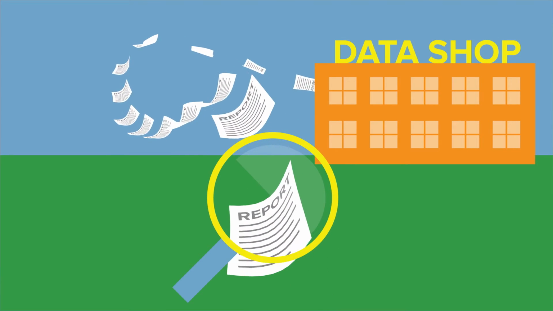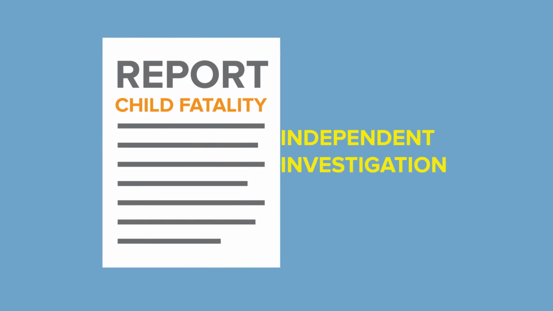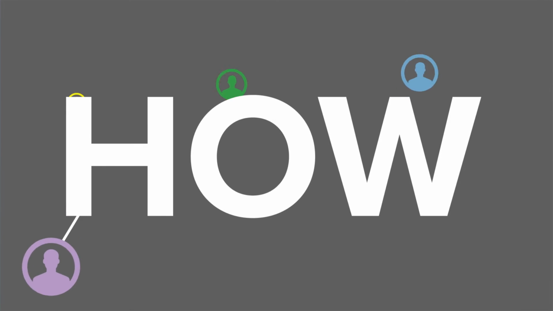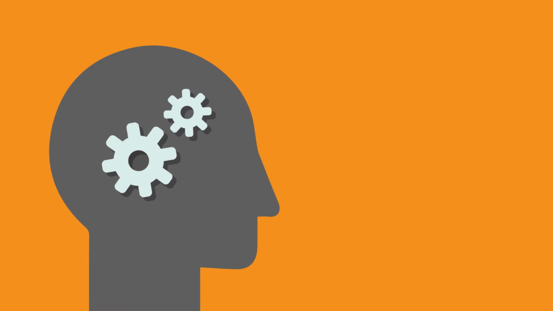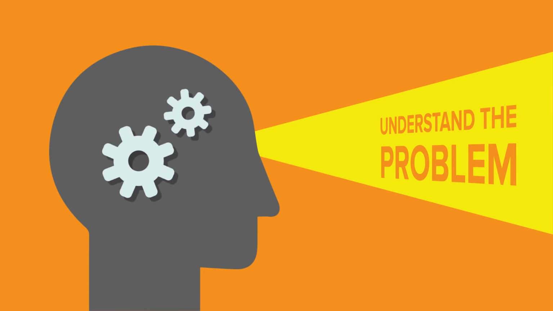but sometimes problem identification is out of my hands. For example, we had a child fatality a few years ago. The governor's office conducted an independent investigation and ordered an overhaul of the intake and investigation system as a result. How a problem is identified can arise for many reasons, and it's important to involve multiple stakeholders in defining the problem. Once the problem has been identified, it's important that we understand it first, before attempting to find an appropriate